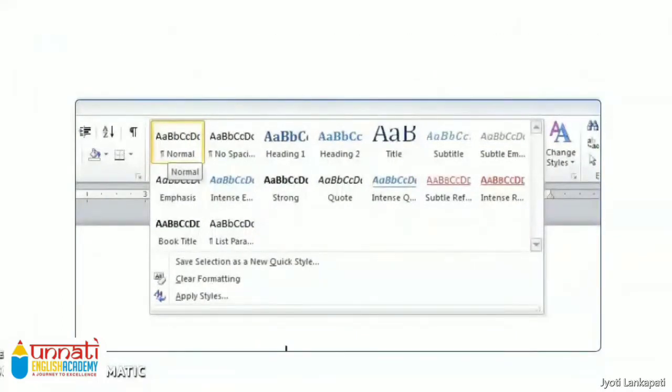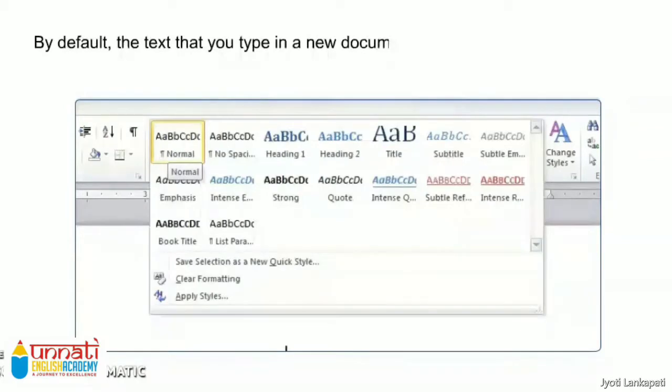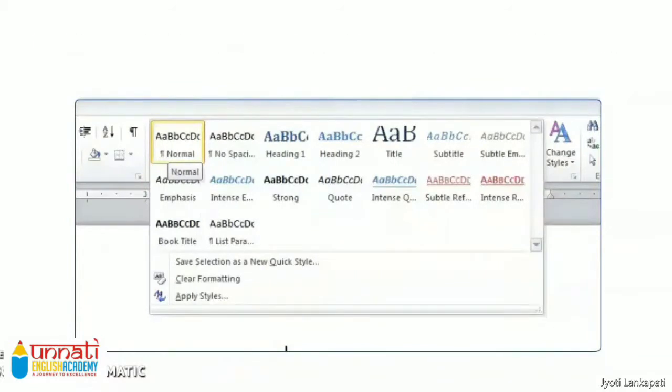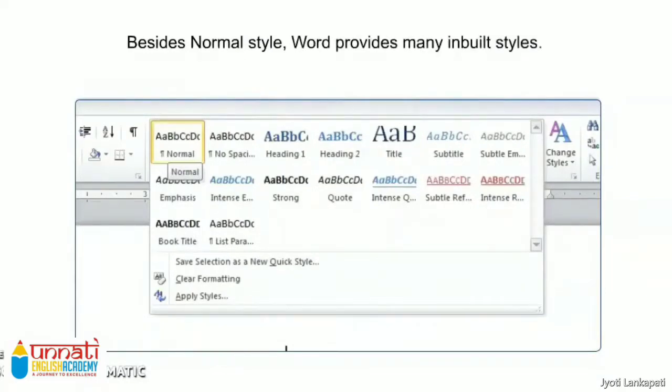By default, the text that you type in a document is based on the Normal style, as shown in the figure. Besides Normal style, Word provides many inbuilt styles, so you can also choose them. You can also create and edit your own style.